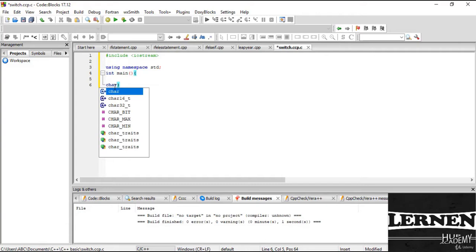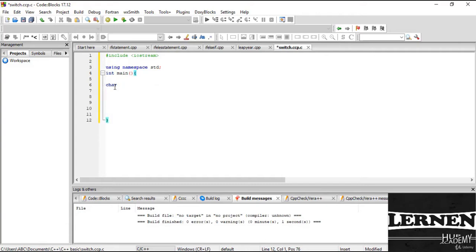Now I take a character, and the character is O. Then I write float data types, number 1 and number 2. Then I write cout, and here I write enter